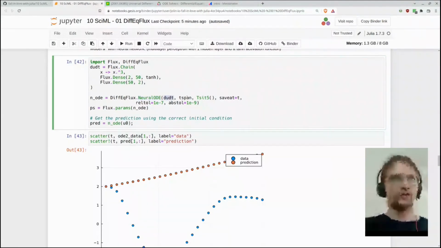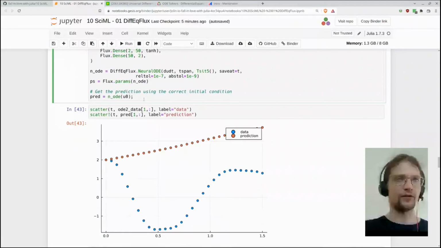So it's again the definition of an ODE. We put in the time span, the solver, our saveat parameters. We can place a couple of extra configurations and have now, N stands for neural network in this part, our neural ODE. And we can use Flux again on top of it. So this works. And what's also nice, it's really just a function, so this functional aspect of things is also valid here. And take the prediction